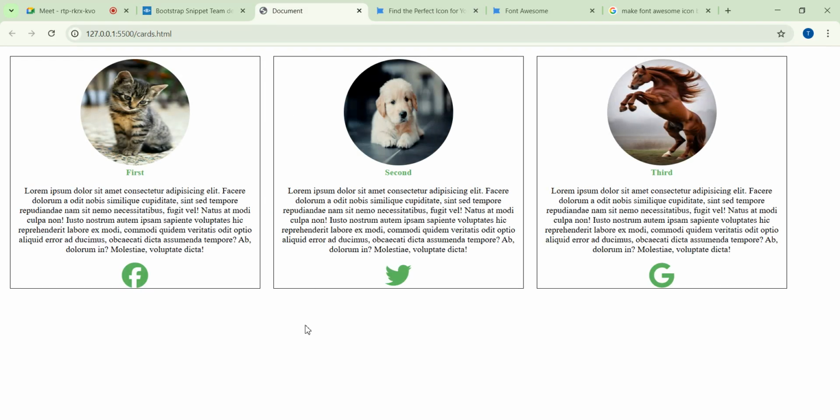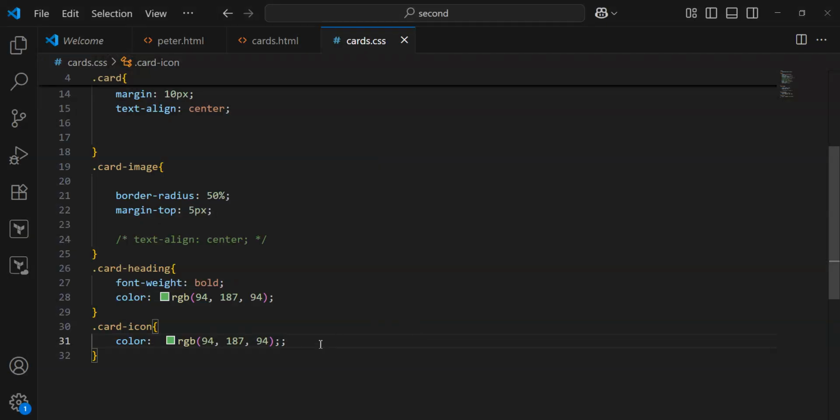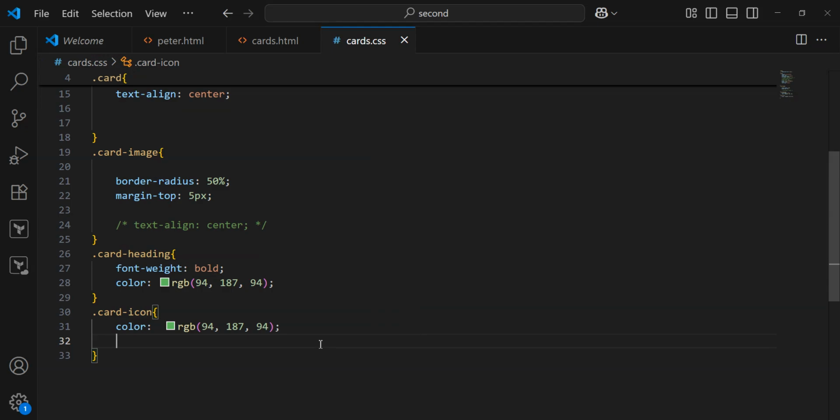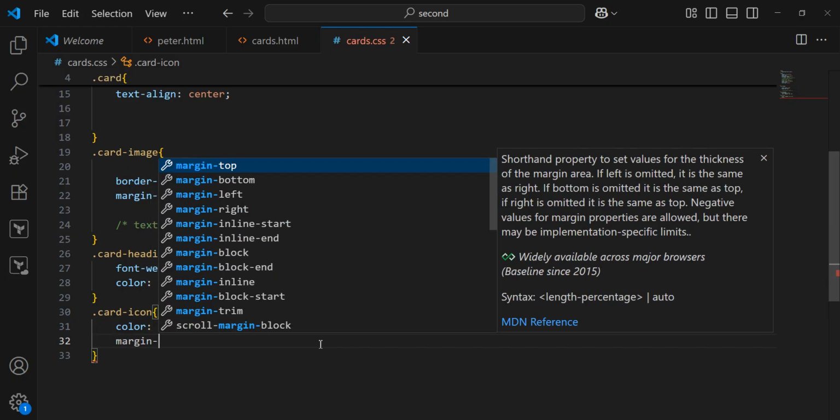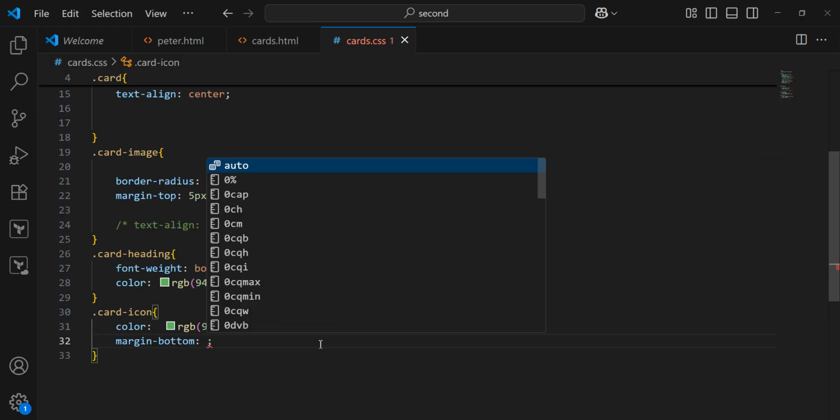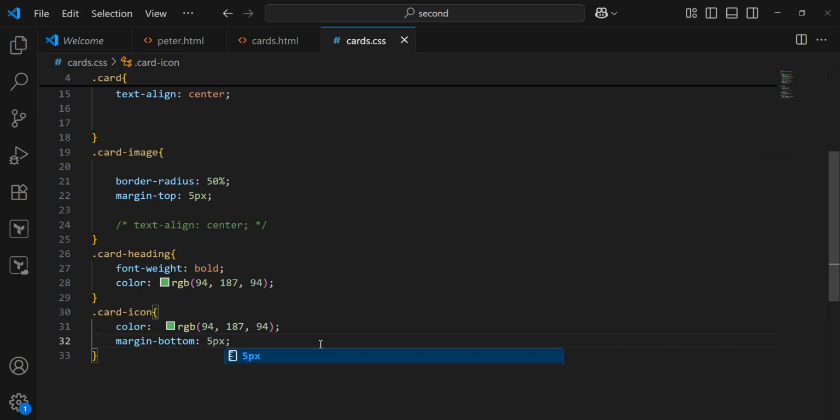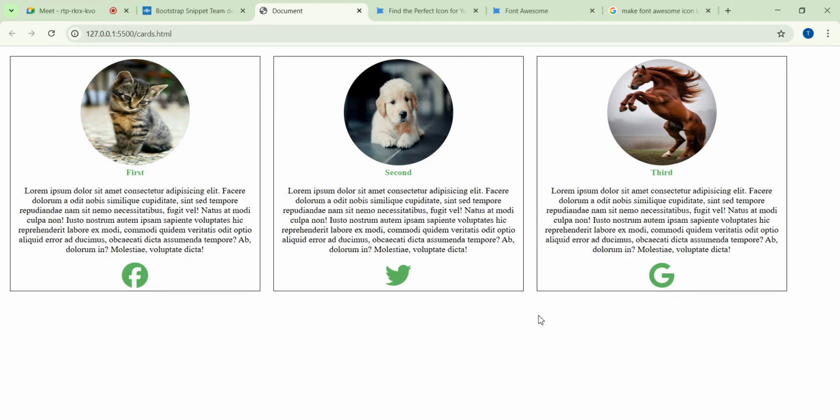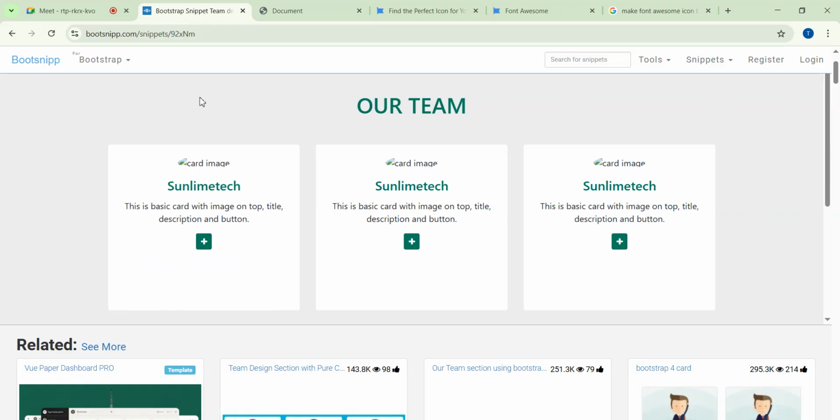Good. Then there should be a little gap between these icons and this border at the bottom. Maybe a little margin. So we can say margin bottom, maybe 5 pixels. So there's now a little gap here. I think next is